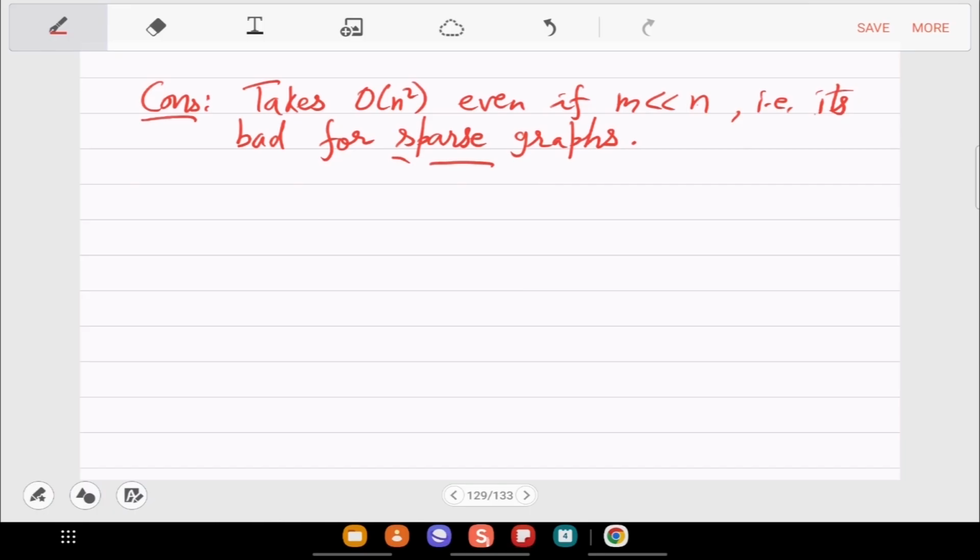So for example, the social media relationship graph, it is never the case that every person is friend with every person, right? In fact, a person is friend with only few people. So when you look at the graph, the edges are not so many compared to number of people. So m is around order n in the relationship graph.